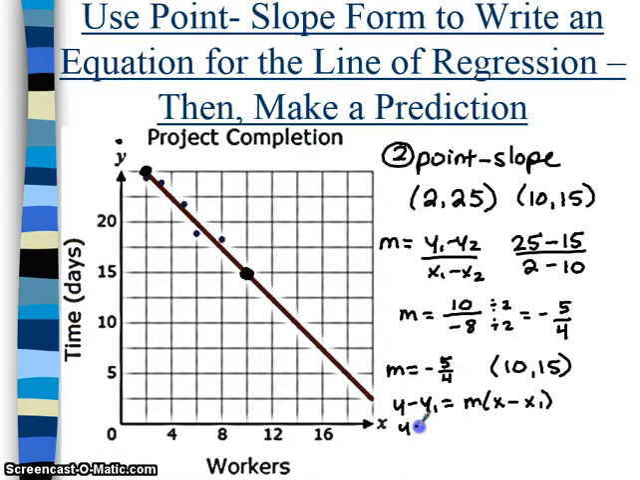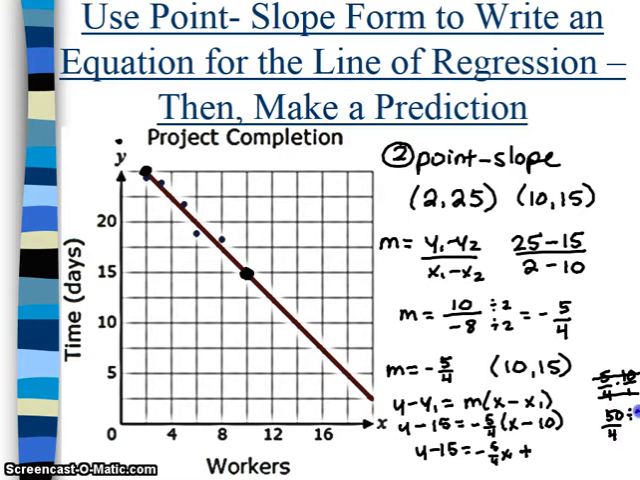Substitute our values, so we have y minus y1, which is 15, equals m, which is negative 5 over 4, times x minus x1, which is 10. So we have y minus 15 equals negative 5 fourths x. Now we take negative 5 over 4 times negative 10. A negative times a negative is a positive. 5 over 4 times 10 over 1 is 50 over 4,